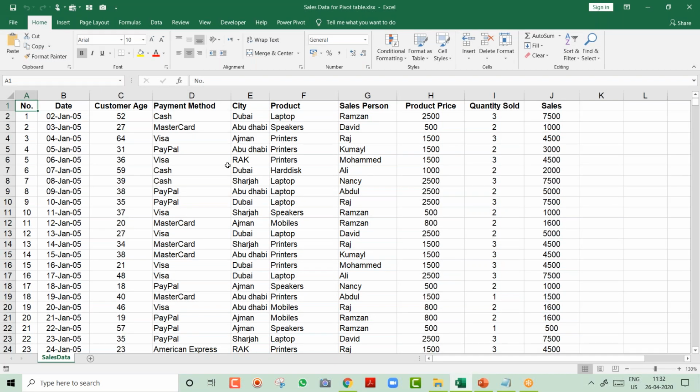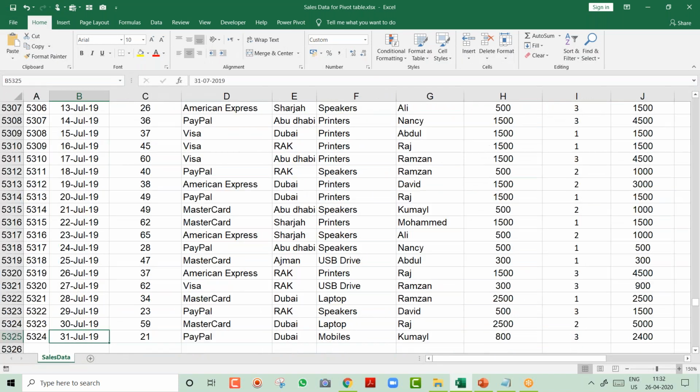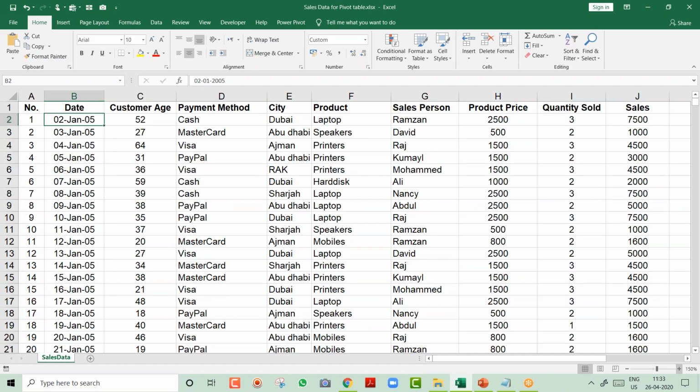Let's say you have this sales database, friends, with data from 2005 till 2019, so a good number of years, around 7 to 8 years. I have the customer age, how the customer is paying, which city he purchased the product in, what the product is, the name of the salesperson, and the cost of one piece of that product.